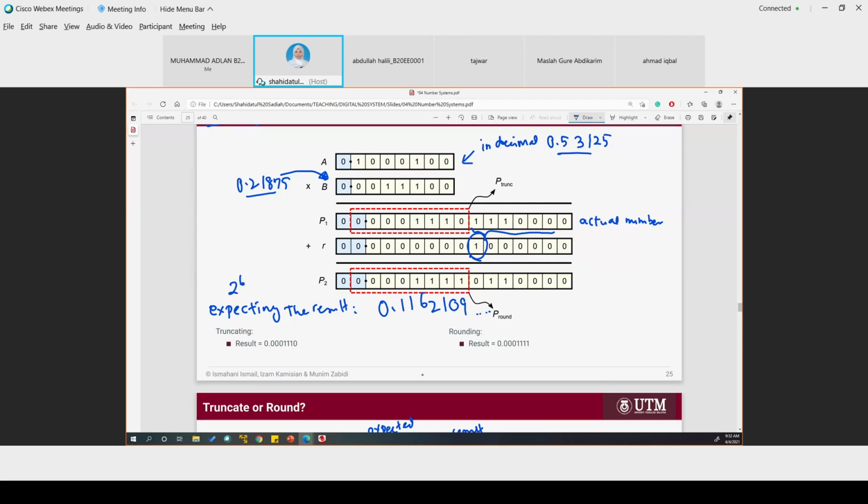So you are expecting this by calculating the decimal of A multiplying decimal of B. But in the results that you get, when you truncate, you get 0.0001110. This in decimal is